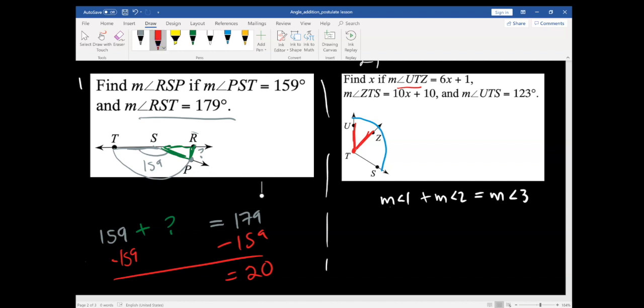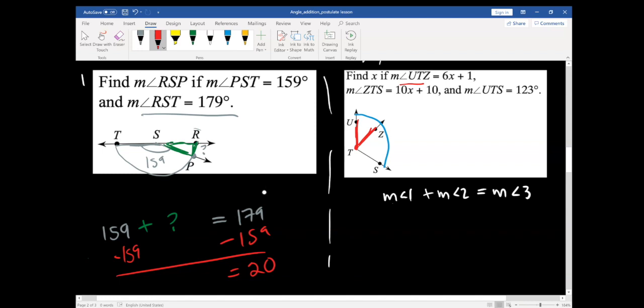So that's going to be, I'll make this one 1, and I'll make the other one 2. So the red one is going to be 1, so it's going to be 6x plus 1. And then the green one, let's see, well, CTS, so let's erase this. CTS, so we start with C. T is right here, so CTS, so that's going to be my angle 2. So angle 1 plus angle 2, which is this one, and that's 10x plus 10,